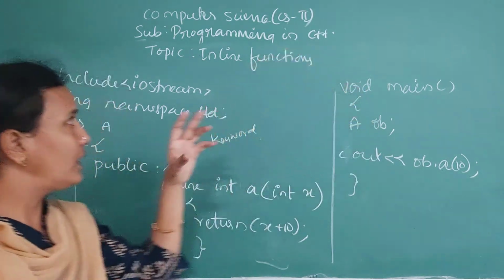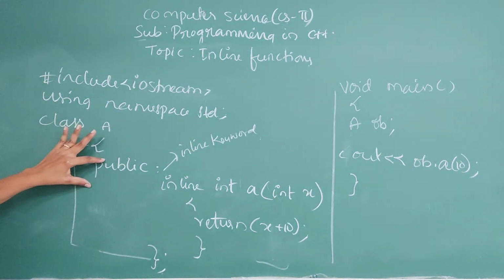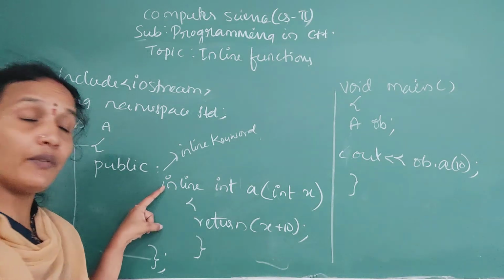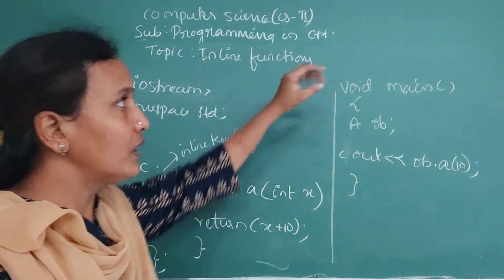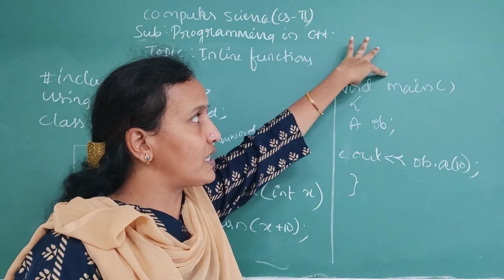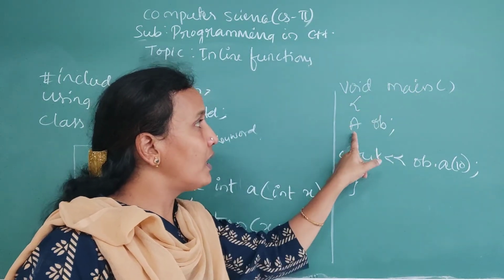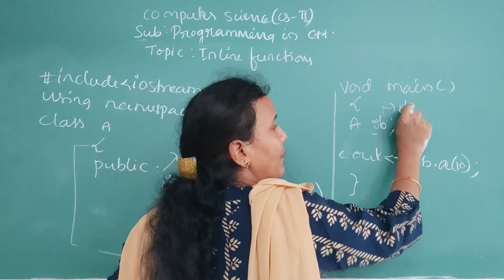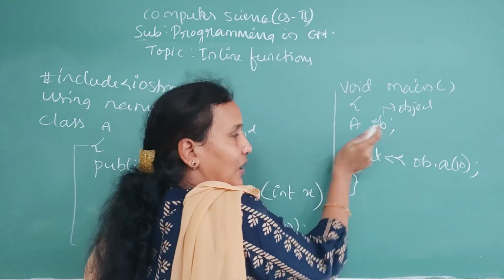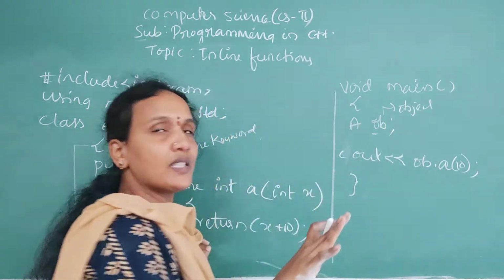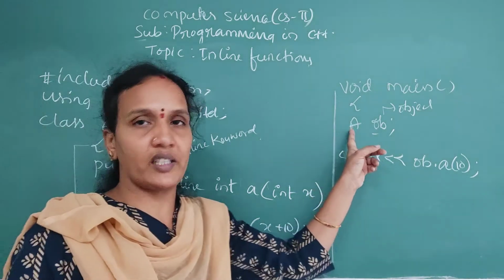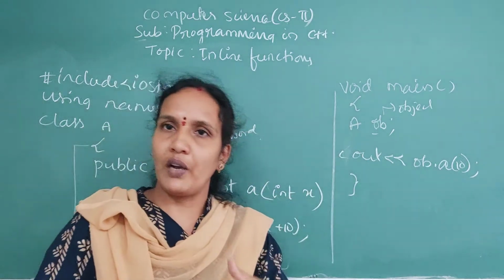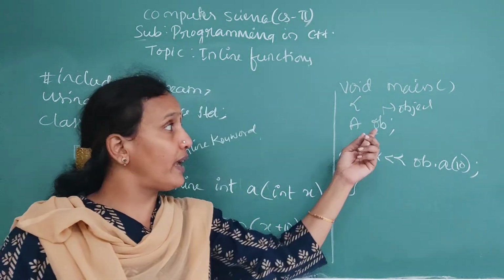Okay. And here if you have created a class, you should give either public or private. So this function I am giving as public. When you have given any function as public, directly you can call. Right? This is the main function, the program execution starts from the main function. In the main function, I have created an object for this class. So when you have created an object for any class, whatever properties are there in this class, all those properties can be accessed by using this object. Example, class is a template. In that class, if you have a function, if you have a variable, all those can be accessed by object.